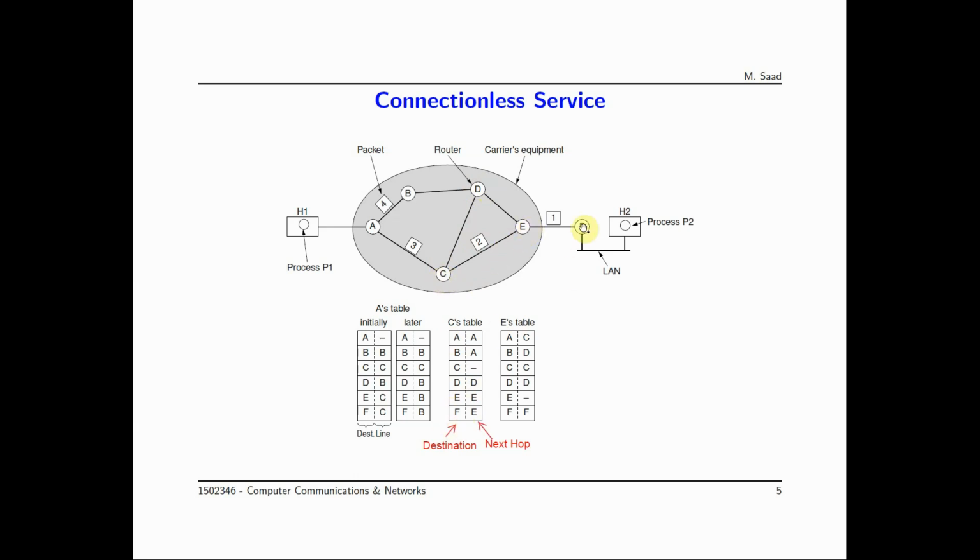And if the destination is F, the table suggests to send to E. So basically, if C receives a packet and this packet wants to go to destination F, according to the table, yes, I have a packet now, and I know it wants to go to F, but according to my table, I'm talking about C's table, I have to forward to the next hop, which is E, and then E will take